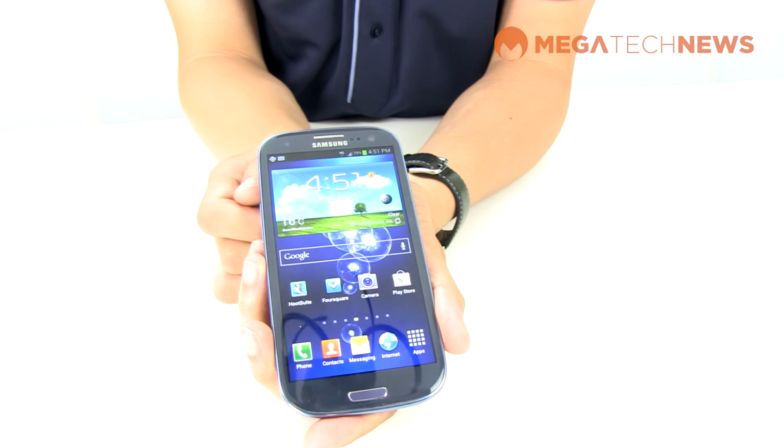This is just a quick look at the Samsung Galaxy S3. So we'll have the full review up, posted on